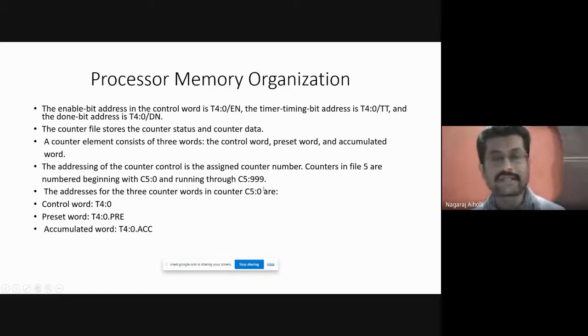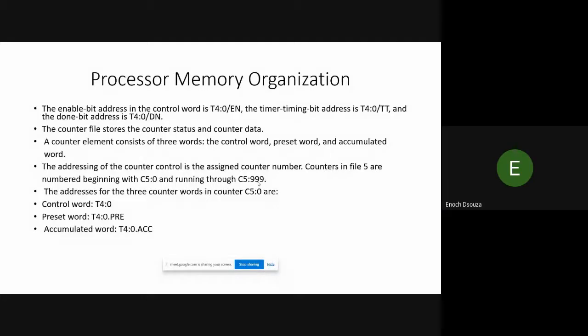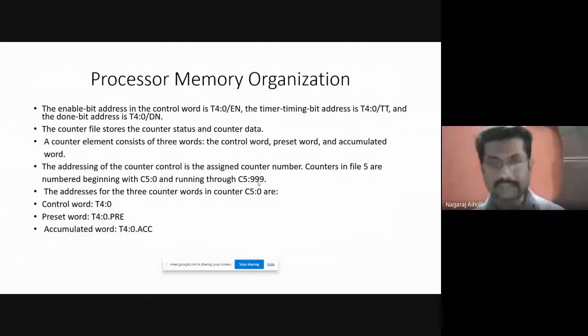C5:999. Which counter is this? Whether it is counter number 1000 or counter number 999. Yes, 1000, you are right, because it is starting from 0. If it starts from 1 through 999, then we can call this the 999th counter. But as we are starting the first counter from 0, counter number 0, counter number 1, counter number 2, like that, up till counter number 999, then this 999 is nothing but the 1000th counter. Okay, not the 999th counter.